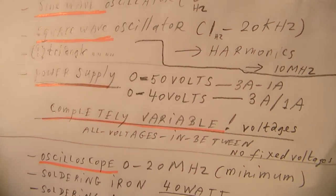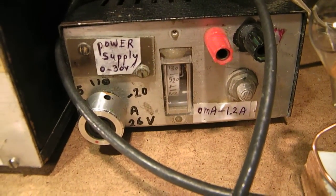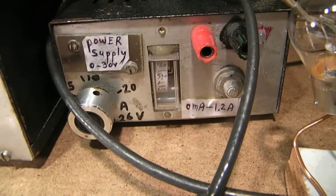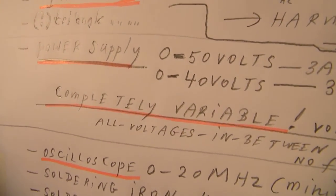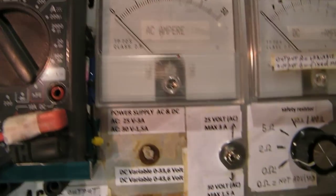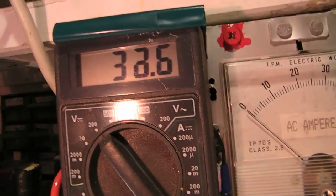Of course you need a power supply. You need in fact a power supply that can make 3 ampere up to 50 volts or 1 ampere, and here you see a very simple power supply. It can only deliver approximately 1 ampere, but it works up to 30 volts, and that's quite good. In your experiments you need a power supply that can go up minimal to 30 volts, but 40 volts is much better. And you must be able to set the voltage completely variable. That's very, very important. Here you see the knob with which I do that, always in my experiments on YouTube. Completely variable, and you can see that here,